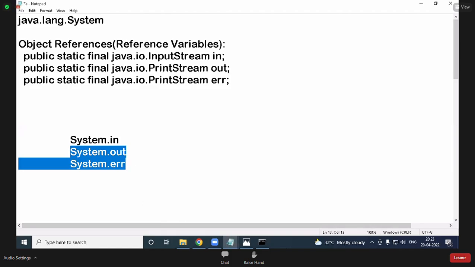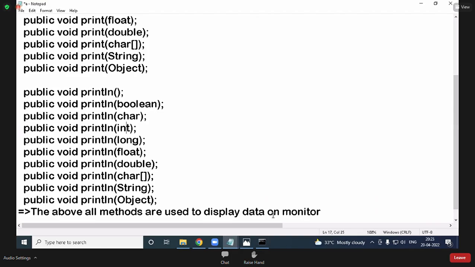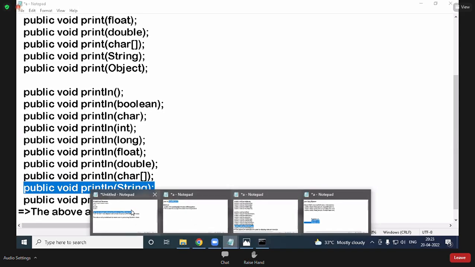Now, I'll ask one more time. This println method I want to access, to display a welcome message. Is it an instance method or a class method? How many ways to access? Which class object is required for this? Print stream. Using a print stream reference, can I access it? Yes. The print stream reference is present in the System class.